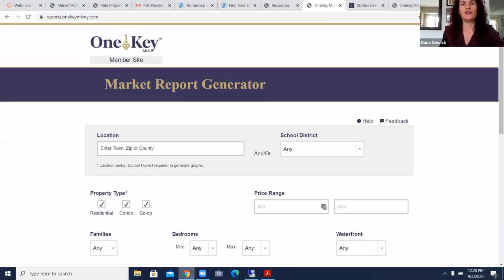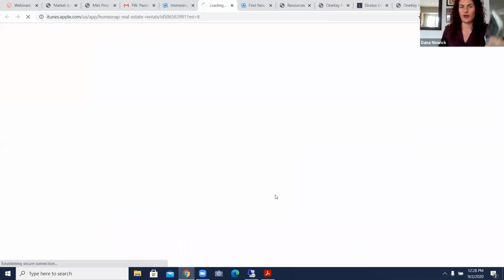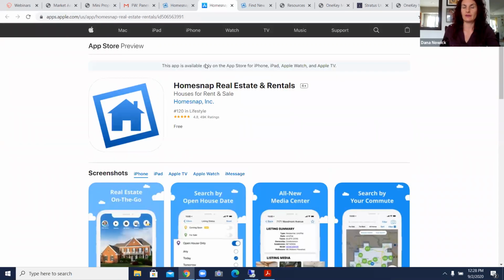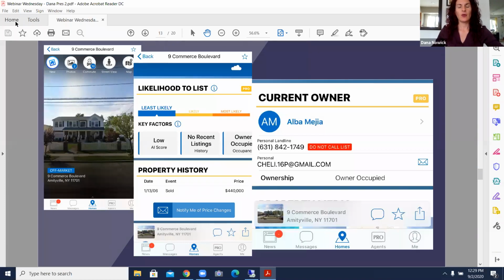You go to your phone's app store, on your actual mobile phone. I'm going to go to the app store right here. It's called HomeSnap Pro and Rentals. That's the name of the app, and it looks like this. So if you want to do that now or after the webinar, you sure can. And we're going to go back in and just show you that once you open up